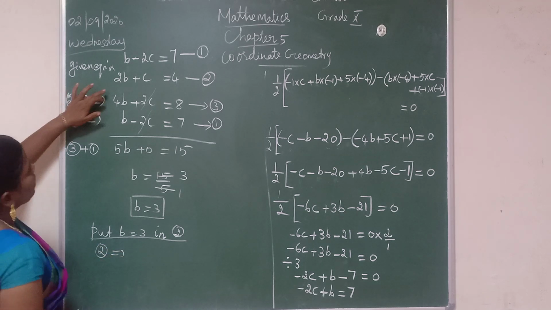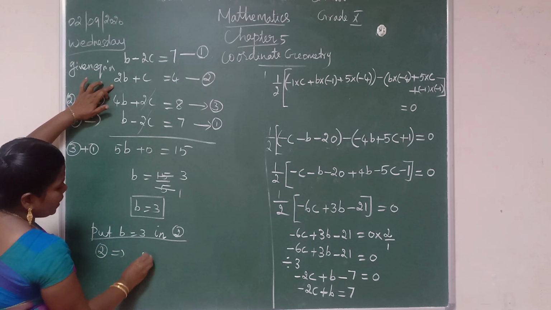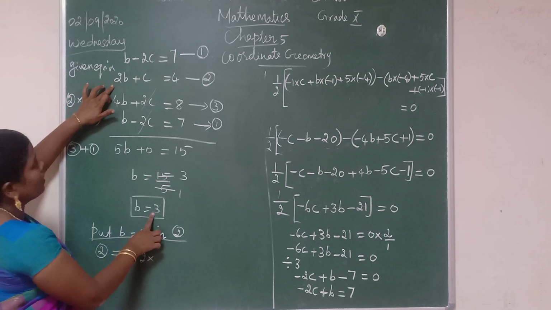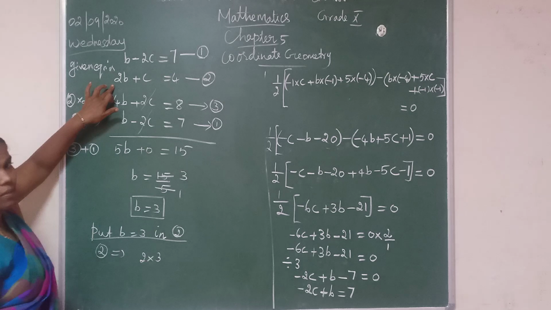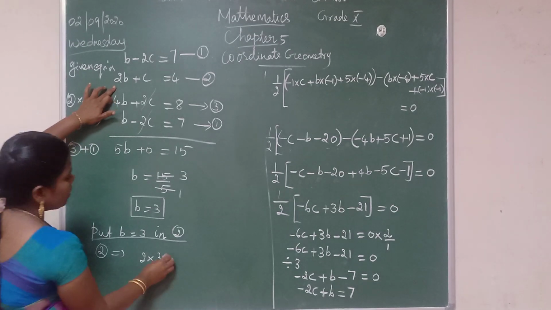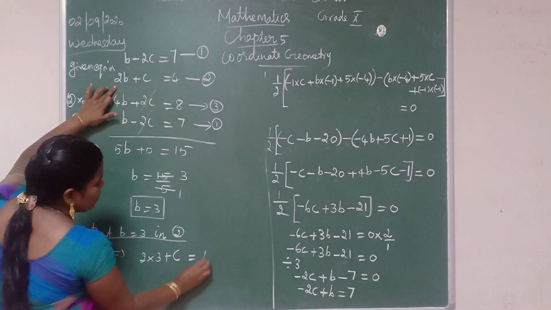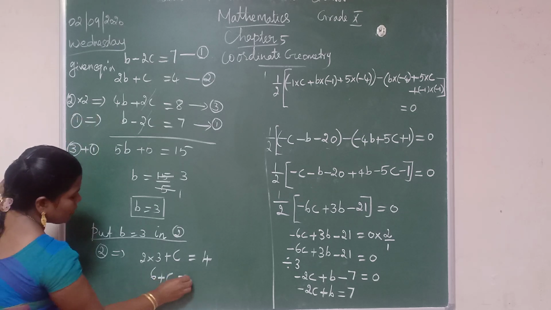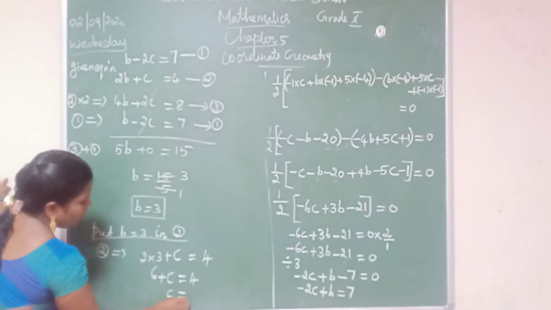What do we get now? 2b. 2b is there. So 2 into b value, which is 3. In place of b we have to substitute 3. Plus c is equal to 4. 2 3s are 6, plus c is equal to 4. So c is equal to 4